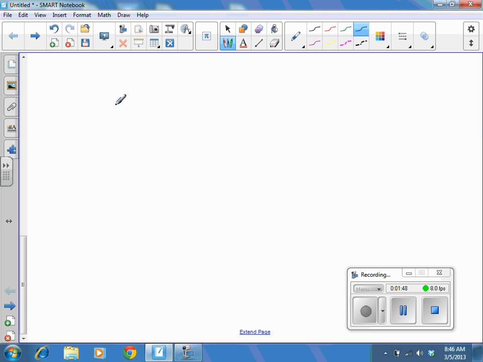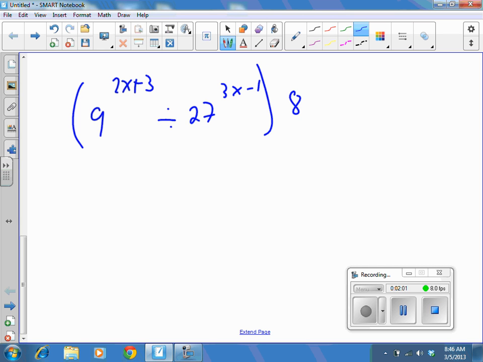All right, so it says simplify 9 to the 2x plus 3 divided by 27 to the 3x minus 1 times 81 to the x minus 1. And the instruction isn't solve. This is not an exponential equation, but it says simplify. So I think what they're trying to show us with this example is that if you are working with exponents,